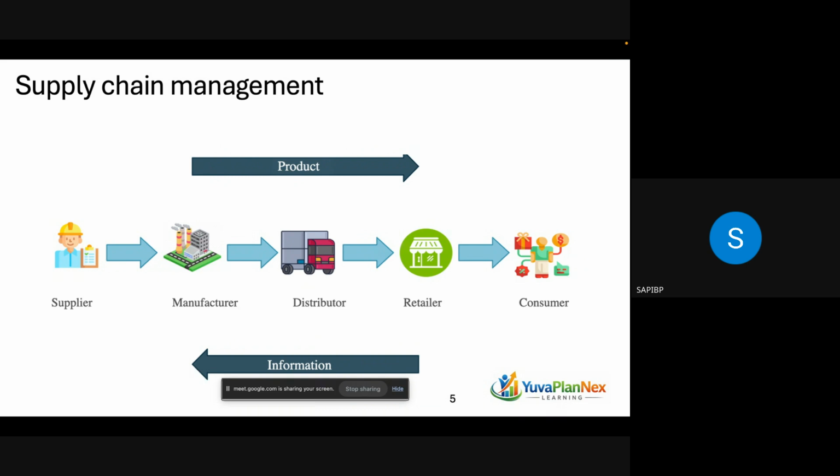So to do that, you need to have an optimized supply plan, and you can't do that manually. Because in reality, right now here we are seeing only one consumer or one customer, but in reality you have n number of customers and n number of retailers, right? To handle that, obviously you require tools for it, right?